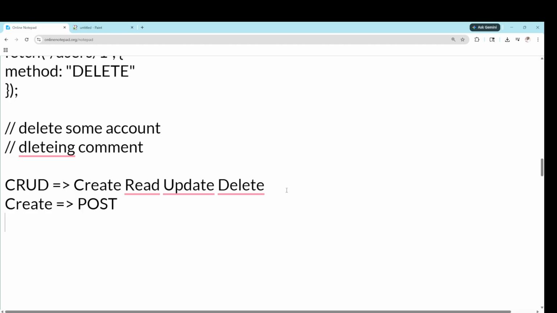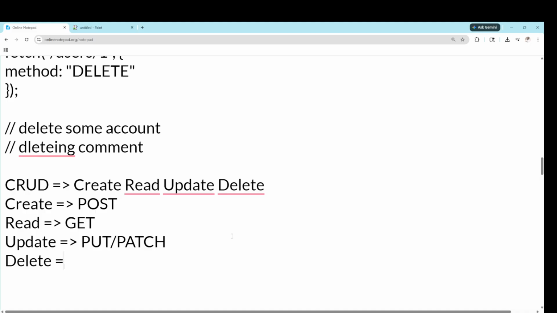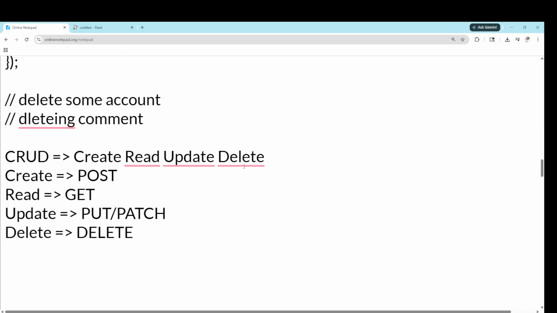If we want to say read, GET. Update, we will use PUT and PATCH. And the last and final one, delete, you will use the DELETE method. This is how all these methods are mapped to CRUD.